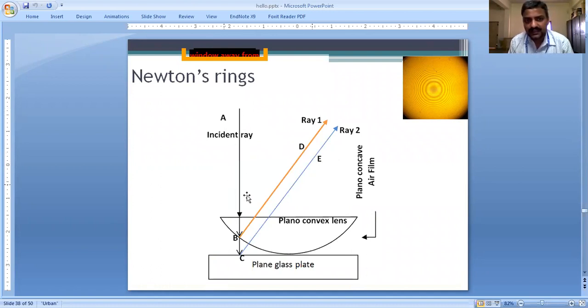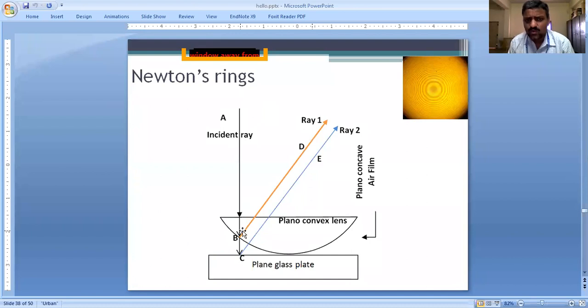And I am taking a light ray under normal incidence. Normal incidence is because when you keep this plano-convex lens, obviously light rays will be falling perpendicular if you put a lamp on the top, or at least we'll try to make it like that. So I'm interested in a specific normal incidence case. That's why my light ray is straight and perpendicular to the surface of the lens.